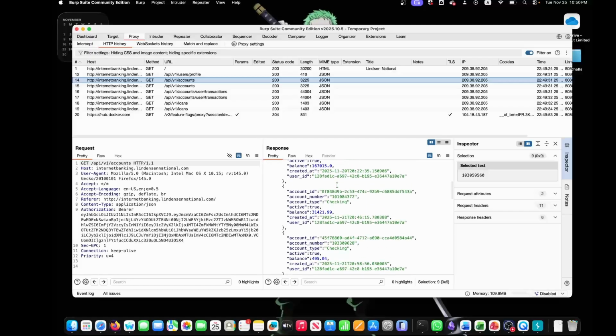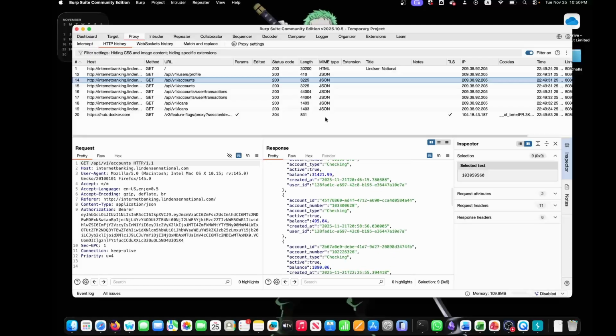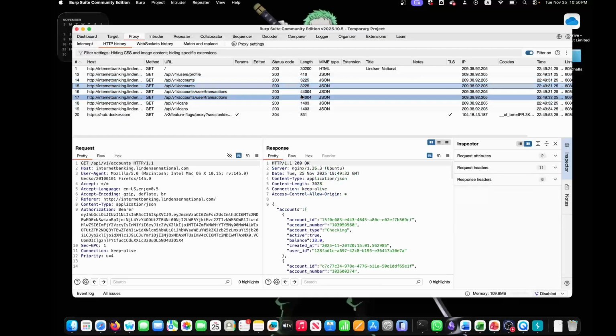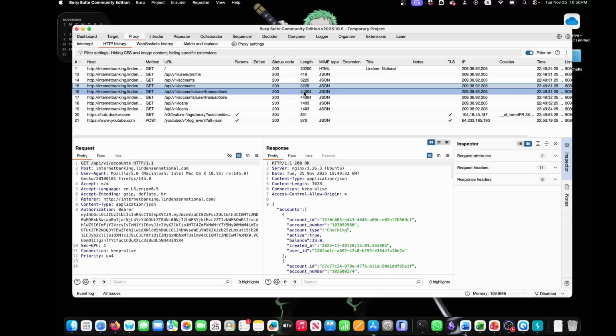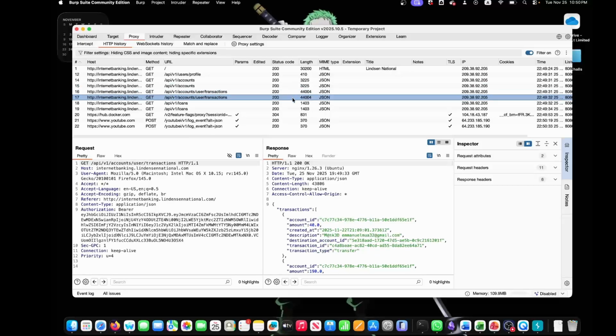So that is an interesting way to first see that they have taken quite a huge step towards curbing IDOR attacks, that is insecure direct object reference. Sorry about that.